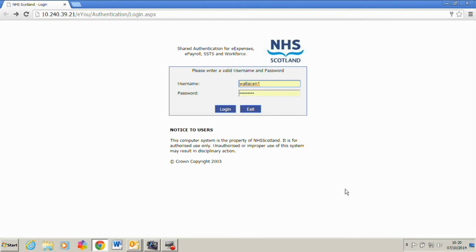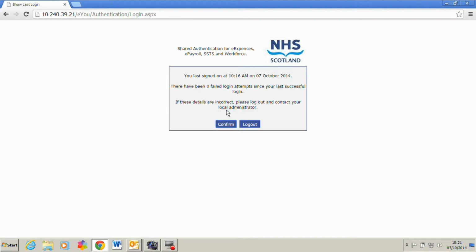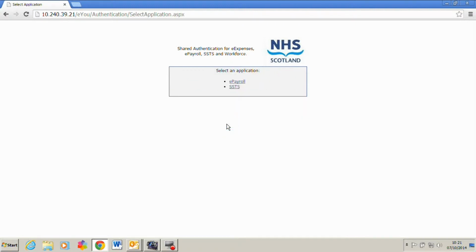When you click on SSTS, you will be provided with a screen that allows you to enter your username and password. Click on Login and just confirm the information as asked for. You're then given a screen that gives you a choice of ePayroll or SSTS. You click on SSTS